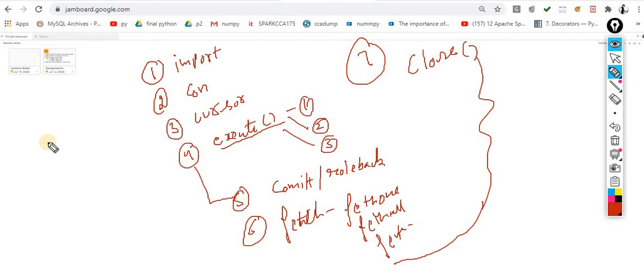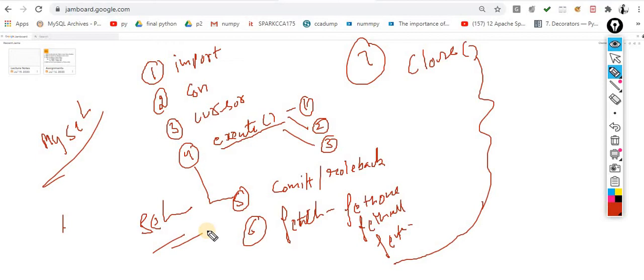But the rest of the things depend upon your MySQL query, because everything is performed with the help of MySQL queries. Otherwise nothing would happen. When you are supposed to fetch, now you know how you can fetch with the help of a command, that is the command select star from this table. Then you are able to fetch. So these are only 7 steps which are used to connect Python and MySQL, but the major role is played by MySQL.